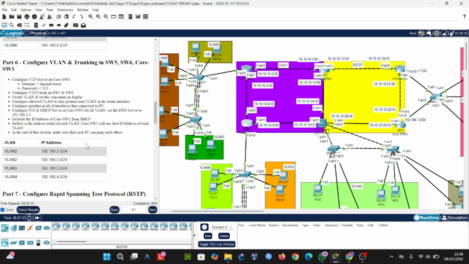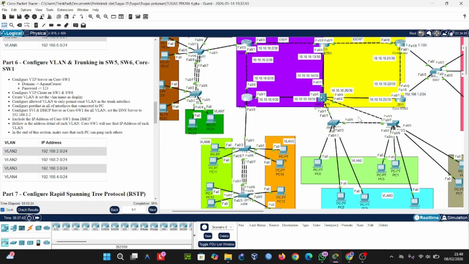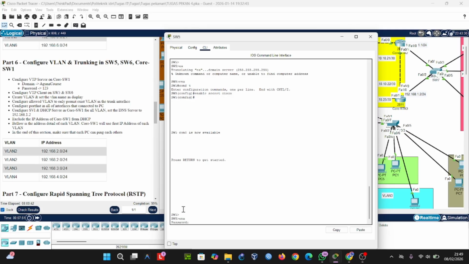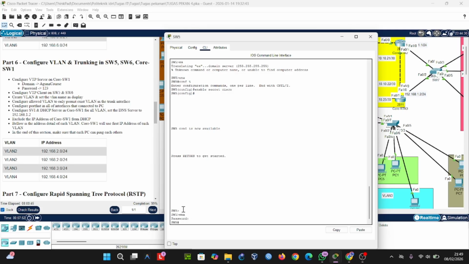The continuing part is the configuration in Switch 5 and 6. Okay, first is FTP. I will show you the FTP configuration. Save.